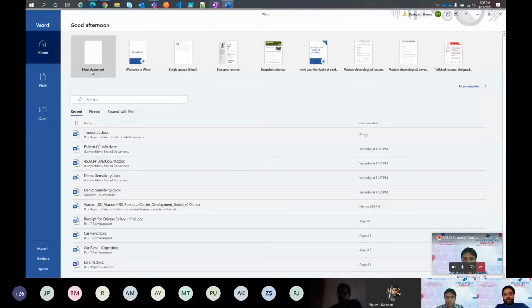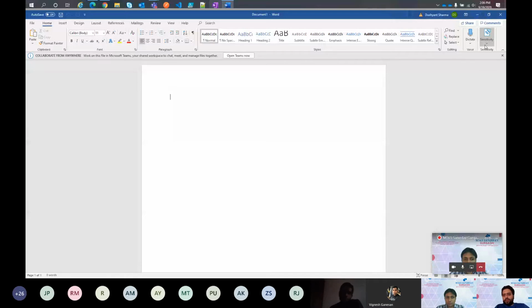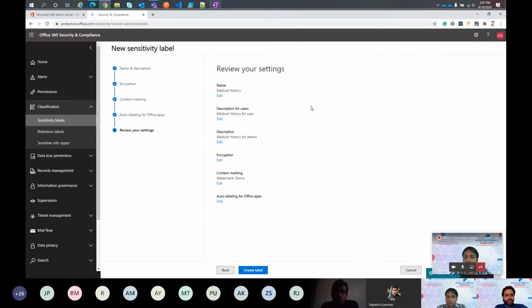I've opened Microsoft Word, and there you can see on the top right section there is a sensitivity. In that, the label we have created will be available, and as I selected it, you can see that the header, the watermark and the footer are already auto applied. So these are two aspects which we got from this sensitivity level. One is we have defined a template for some official document, and the other is later on we can easily find the particular sensitive type of information across the tenant, whether it is in OneDrive, in Exchange, in SharePoint, or in Teams or wherever. So this is for the sensitivity level.